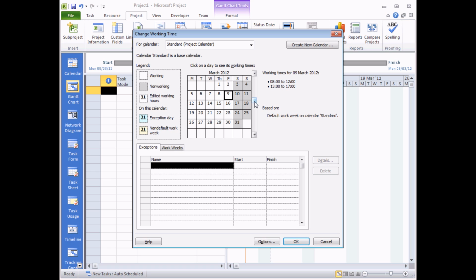It's tempting to click and drag the slider bar to move around, but be careful about doing that. The calendar ranges all the way back from 1984 all the way through to 2049 in Project. So when you drag the slider, it moves a long way very quickly. It's safer and easier just to click the drop arrows to move one month at a time. So once I've got through to April 2012, I can click on the day that I want to create an